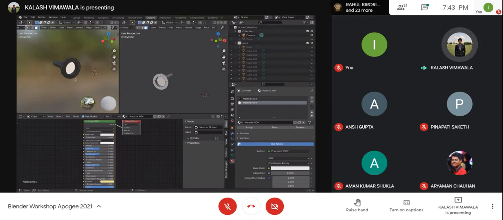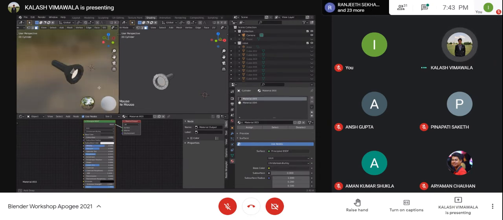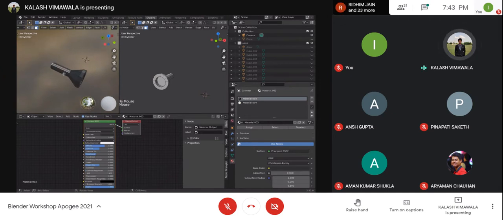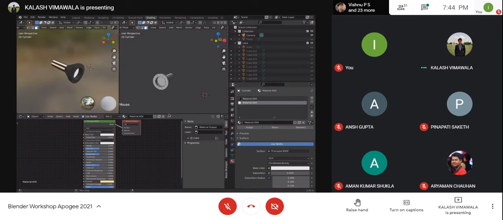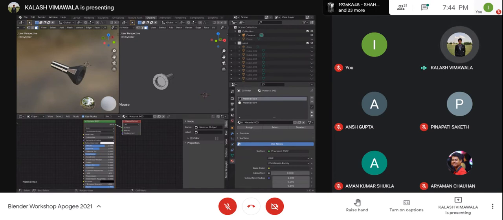I'll just repeat the same process a couple of times so that you understand what just happened. Say I have multiple different faces. Say I select this face and this face. Okay. Shift select. So I have two faces selected. Now I'll click on the material that I had made later on and press assign. If I click on assign, what happens is that both these faces are now assigned this emission shader that I had made, not the shader that I had earlier. Okay.